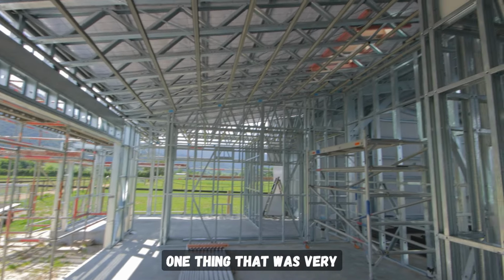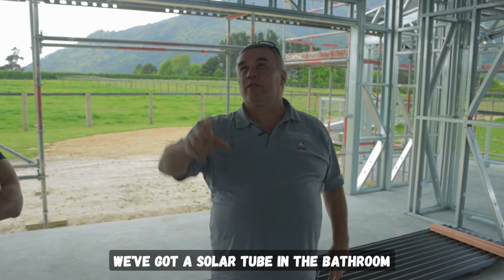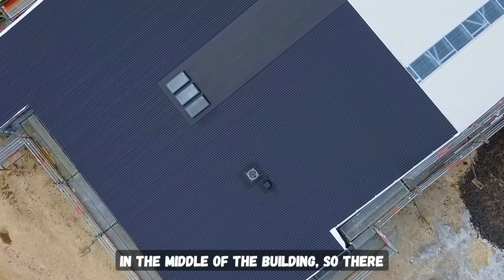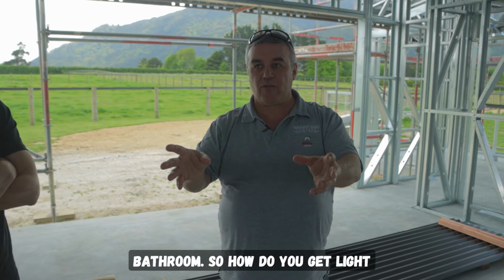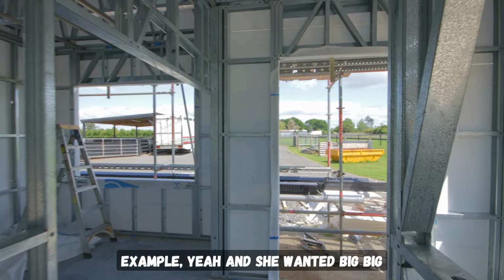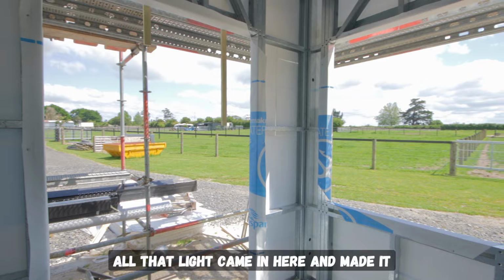So, the one thing that was very important to her is light. So we've got Velux windows in the roof, and we've got a solar tube in the bathroom, because that's right in the middle of the building, so there are no windows in the bathroom. So how do you get light in? Well, a solar tube is a perfect example. Yeah, and she wanted big windows and to make sure that all that light came in here and made it bright and